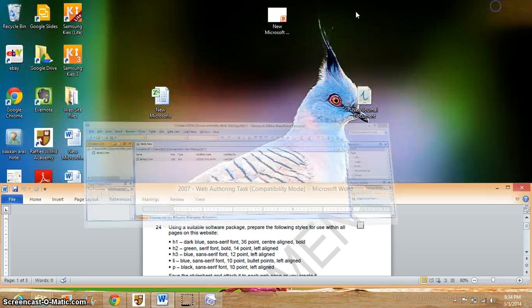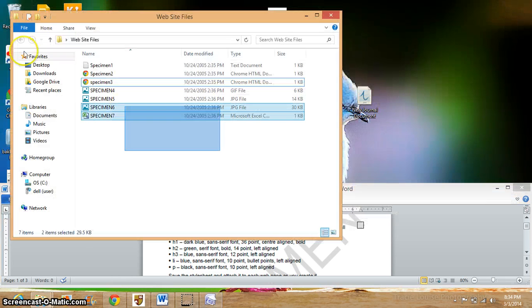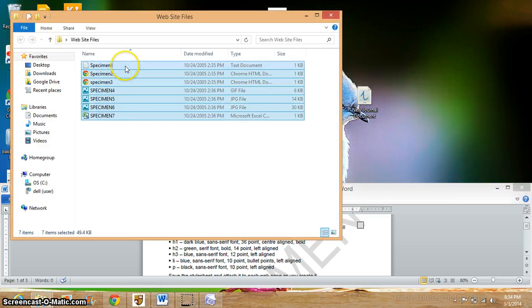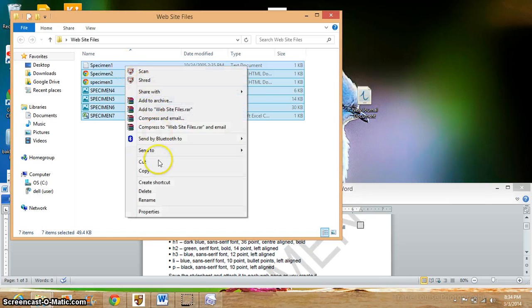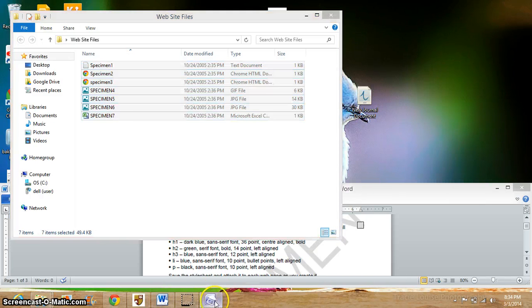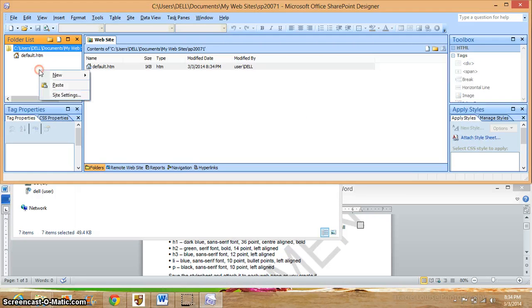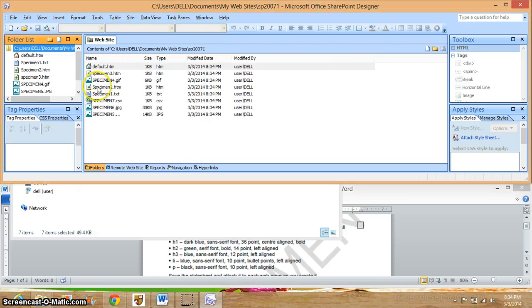So go onto your folder, select all the files, copy them, go back to your SharePoint, go under the folder list and paste the files. You'll see the whole list of files over here which has been pasted. After you're done with these,